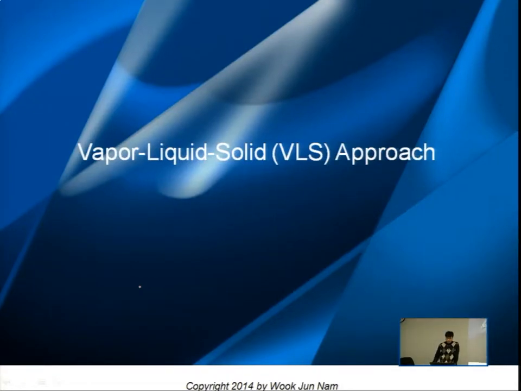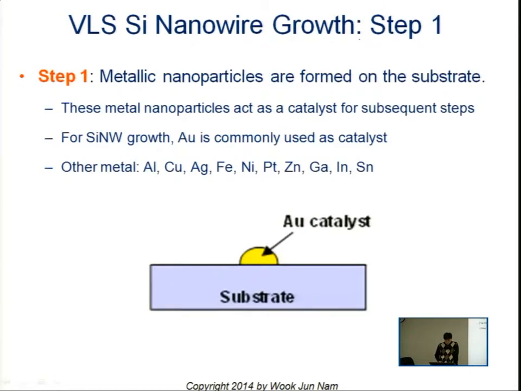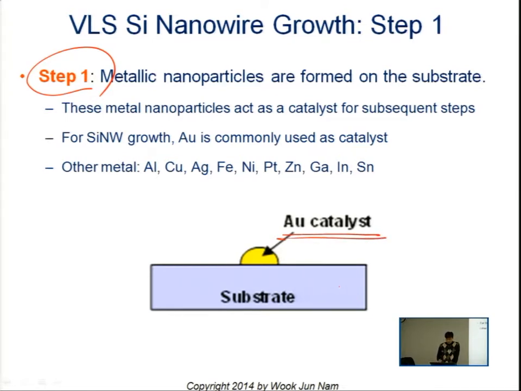So let's talk about the vapor-liquid-solid approach. This approach is normally used to make nanowire formations. So this is the way. Step one is we need some kind of catalyst material on the substrate, so we can form this kind of catalyst